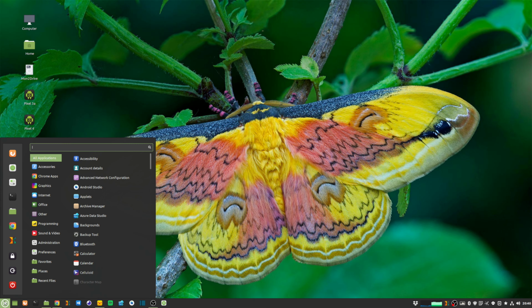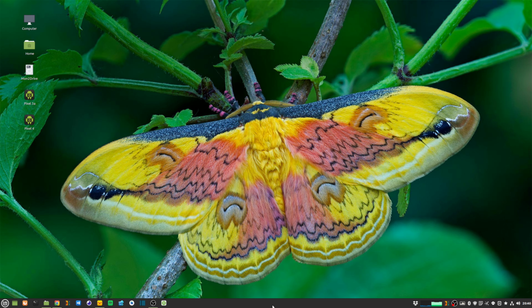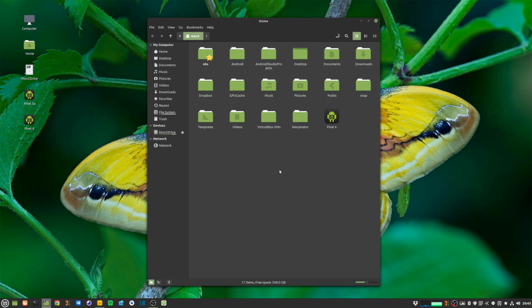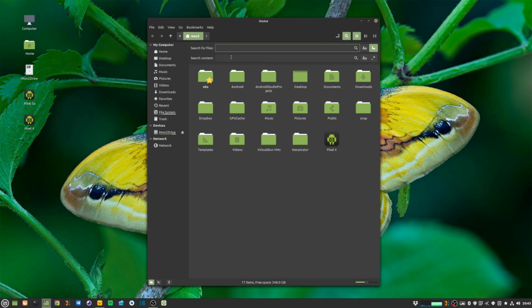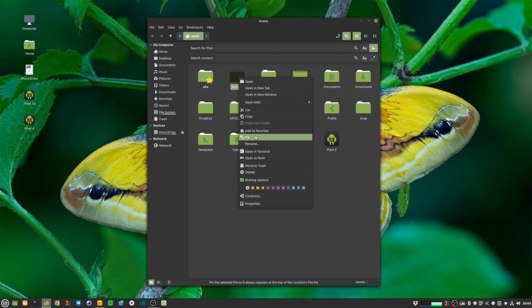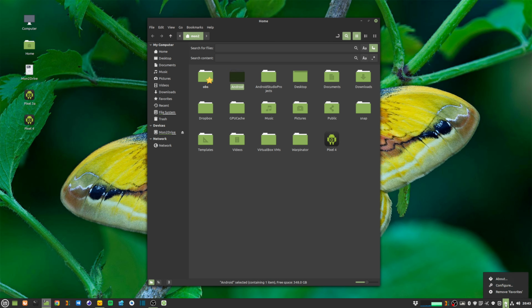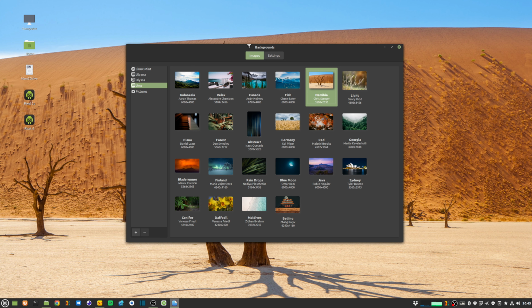The general look and feel of Cinnamon is pretty standard, with the panel pretty similar to how it is available in the previous version. If I look at the Nemo file manager, it allows me to search for files as well as search for the contents of the files. I can add certain folders as my favorites and also pin them, and this allows me to access my favorites also from the panel at the bottom. There are some really beautiful wallpapers added to this version of Linux Mint, and that has always been the case. It always packs up with some really nice wallpapers.